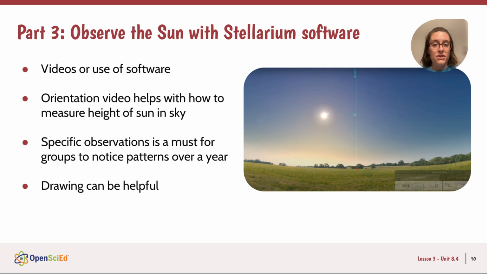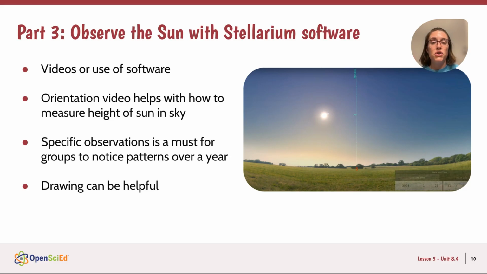There is an orientation video to help you understand how to measure elevation of the sun. I recommend that if you don't have students watch it, you watch it and then share out that information to students. That way they know how to collect that data, because specific observations are going to be very, very useful,